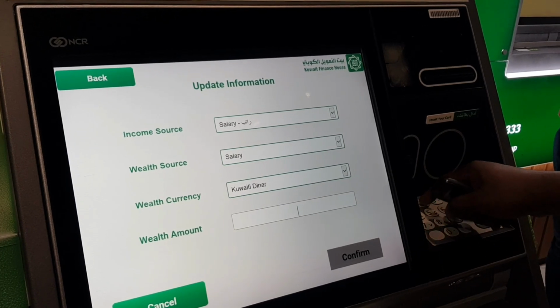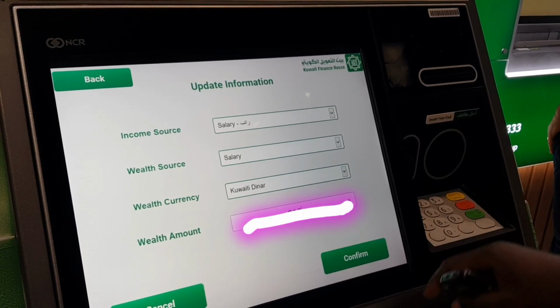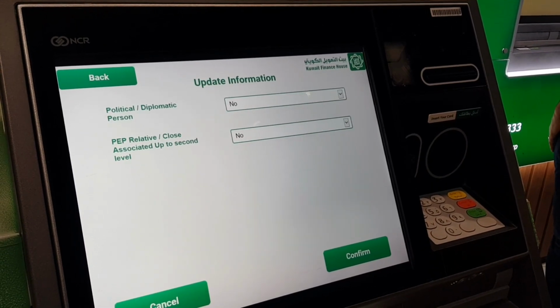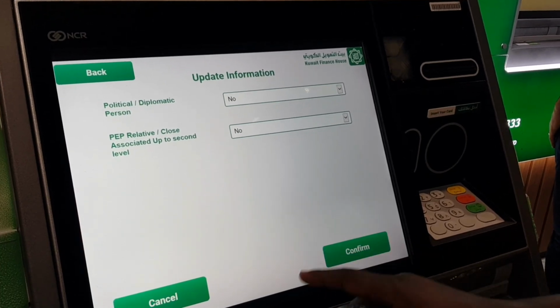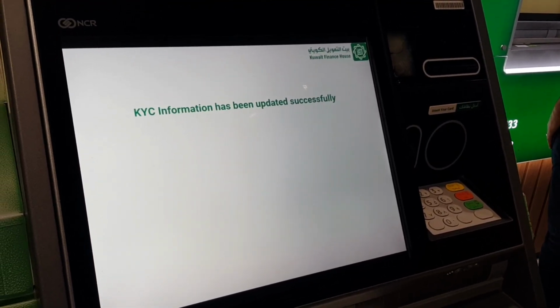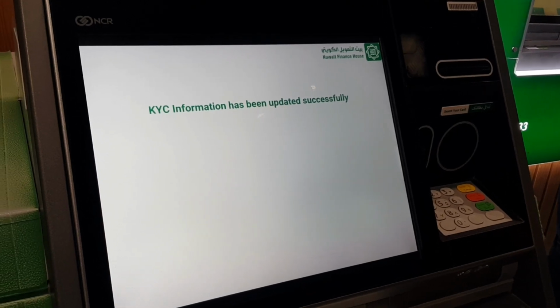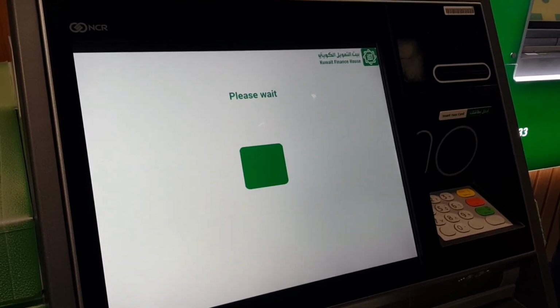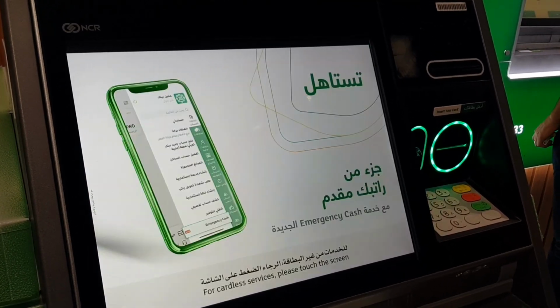Then the wealth amount, I have to key in the wealth amount that I have. Then click confirm. Then automatically it has been updated just like that. Then I'll receive my text in my